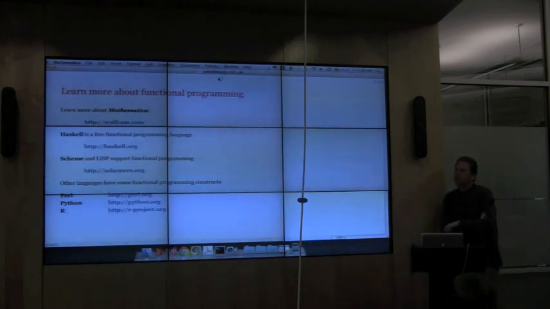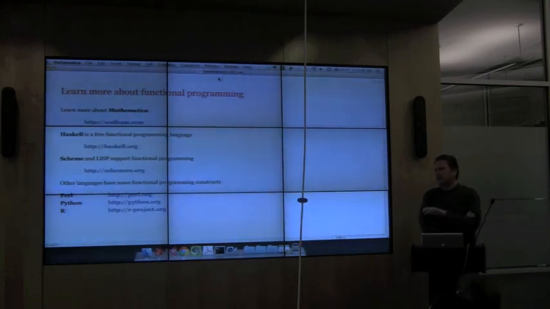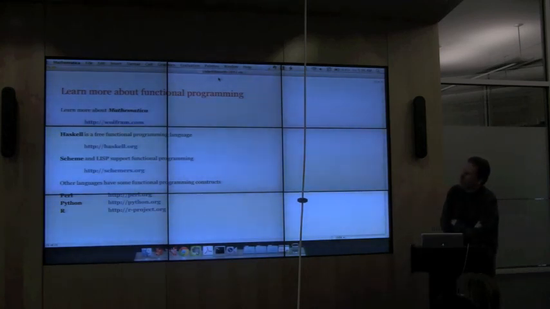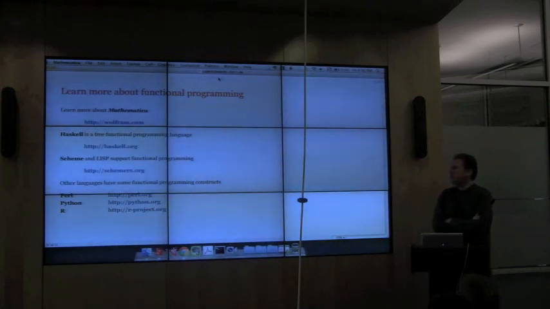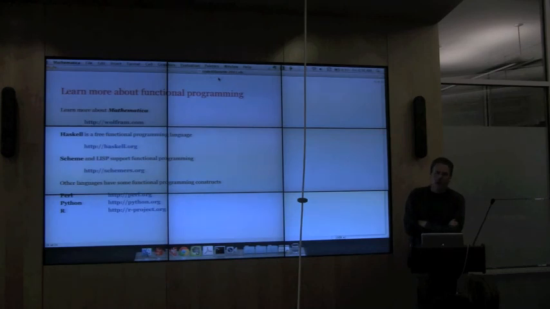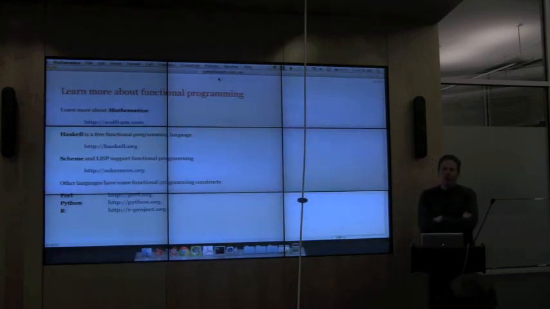If you just want to explore functional programming but don't want to get into Mathematica, there's a pure functional programming language called Haskell, which has a great online presence and a lot of tools. Scheme and Lisp, of course, are classically used in computer science programs to teach functional as well as other styles of reasoning. And then there are languages like Perl, Python, and R that have functional constructs. So you can do a bit of this kind of work in those languages. You can start to think in terms of commands like